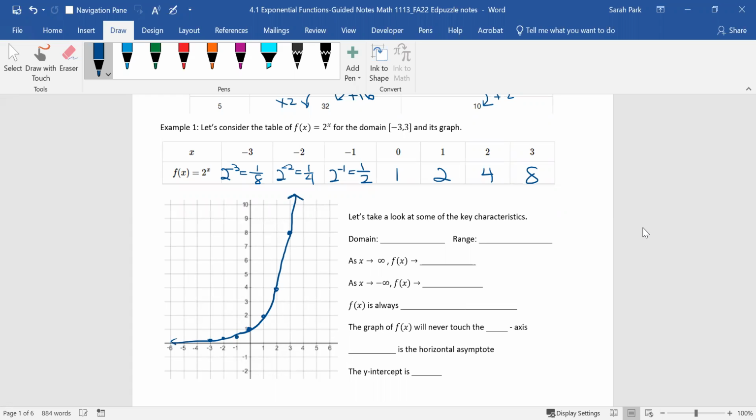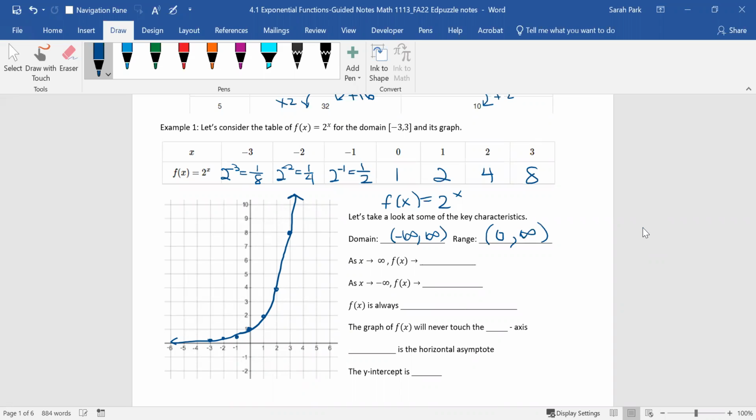So let's look at some key characteristics of this function, f of x equals 2 to the x. Okay, the domain, let's see how far it goes towards negative x values. It keeps going, so negative infinity. The graph also goes to the right. So the domain is negative infinity to infinity. The range, the lowest y value is 0, but it never reaches 0. So we're going to put a parenthesis, and the highest y value, because it keeps going up, we have 0